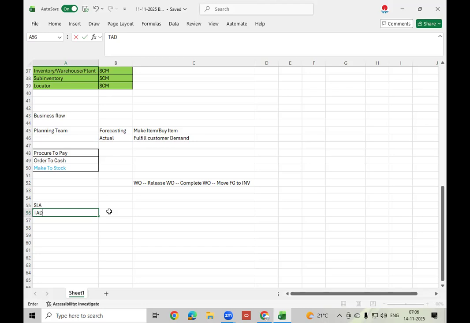So your financial team or financial consultant will not configure all this. Because of that, we should have accounting entry knowledge. It's required.